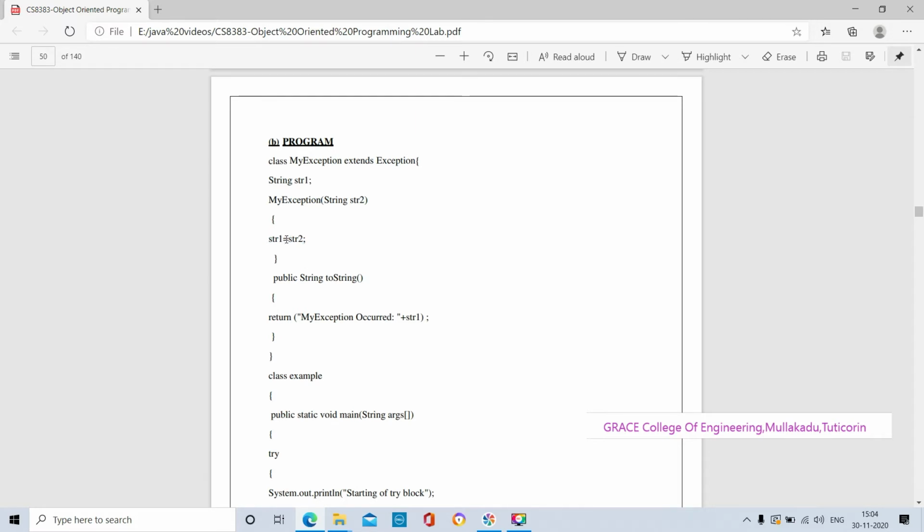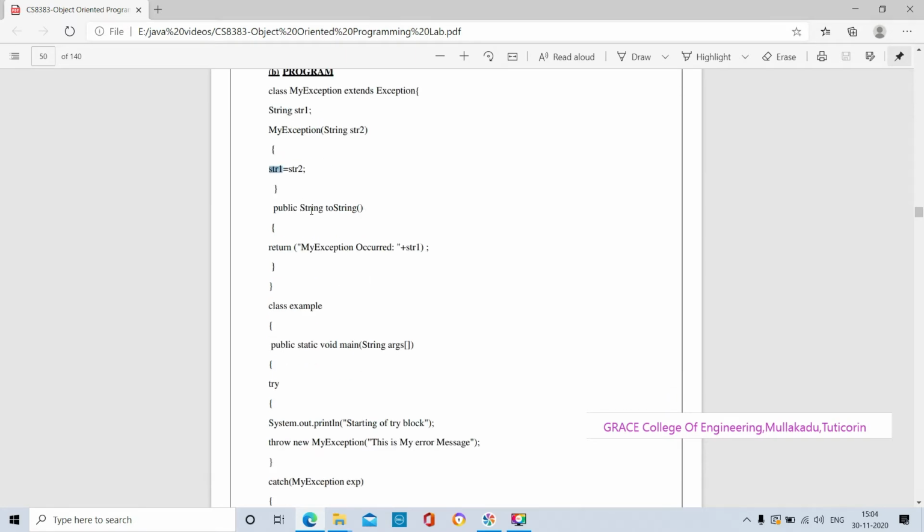Here if we had the double equal operator, it would check whether str1 is equal to str2 or not. But here we have the single assignment operator, so it will assign the str2 value to the str1 variable.